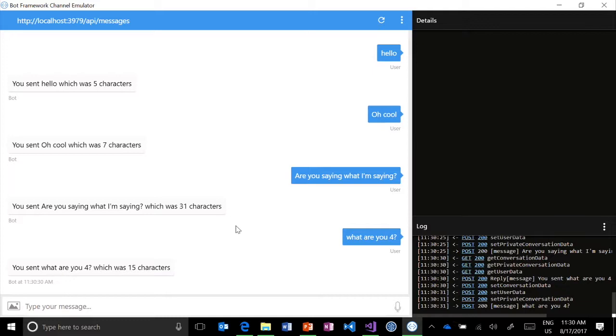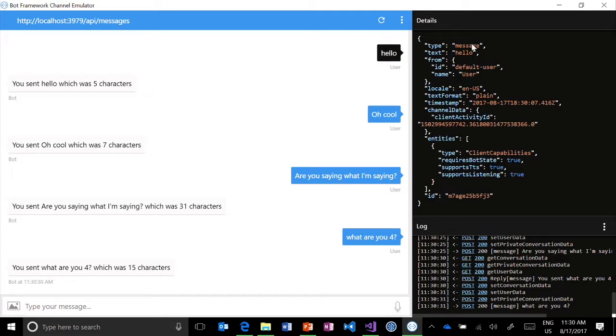The cool thing is you can go and inspect the messages that come in and out. So for example, when I sent hello, you can actually see the JSON message that was sent to the server, to the API, and it shows you the type of message. The text was hello, from, in this case, just called default user. But if the message came from a user that's in Skype, then the Skype ID of the user would be in there. So the authentication is managed by the channel itself. The locale, the format, the timestamp,